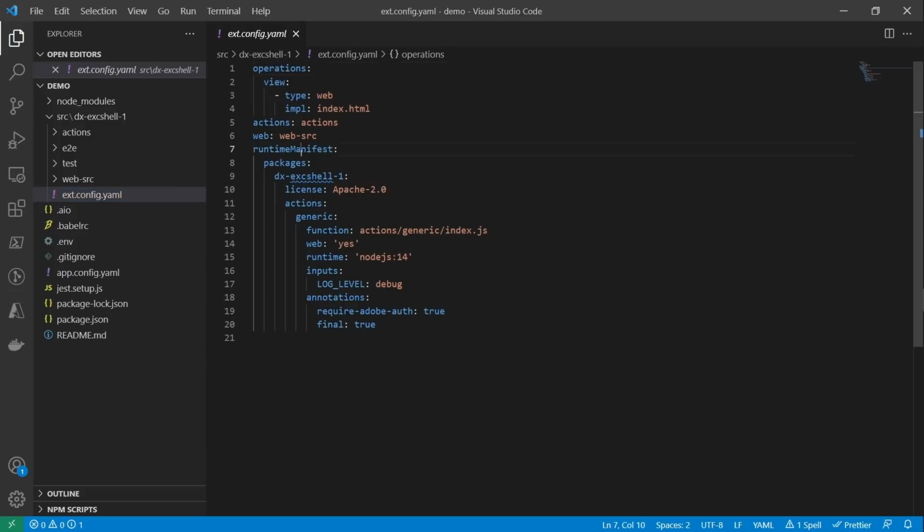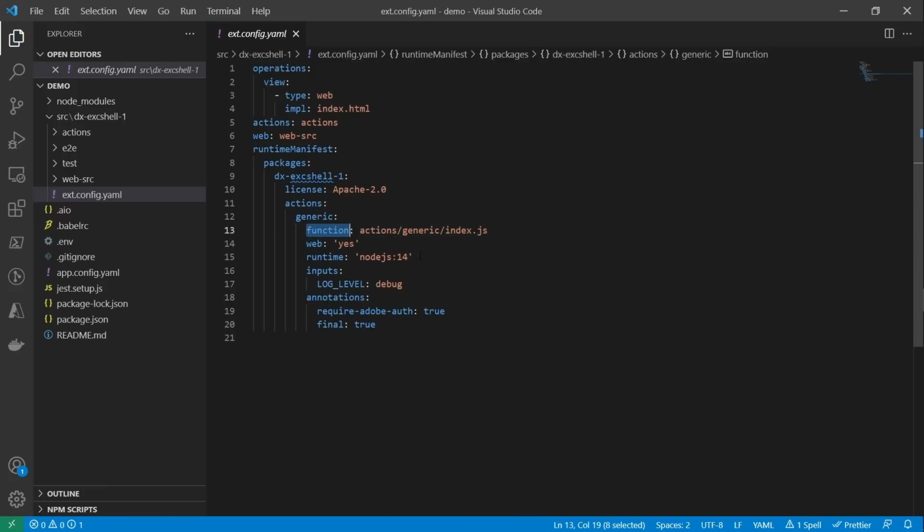So this is actually pretty important here. The runtime manifest, basically all your configuration for your microservices. And this is based off of the OpenWhisk package manifest specification. And it defines the packages that will be deployed for your project. And inside each of the packages are a number of actions. And the actions are your microservices. And in this case, it's actually built out one action for us, or microservice, and that's generic. The source code for this lives here.